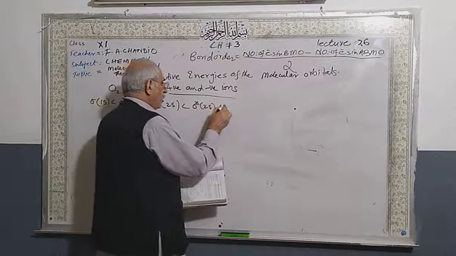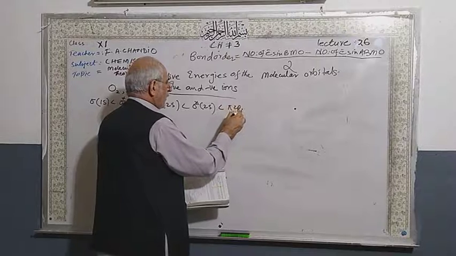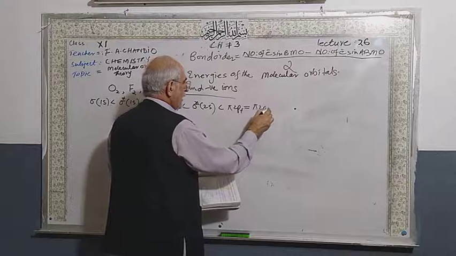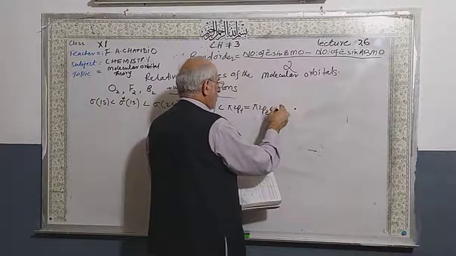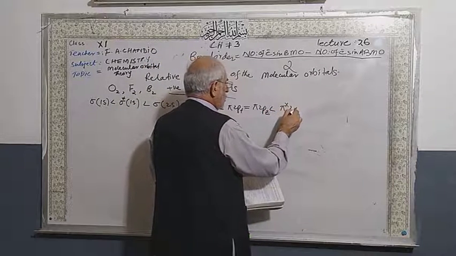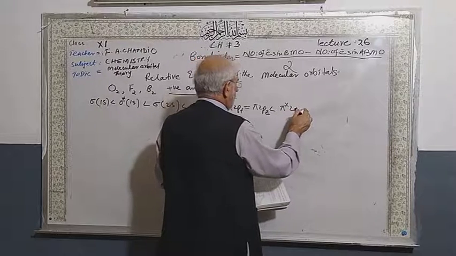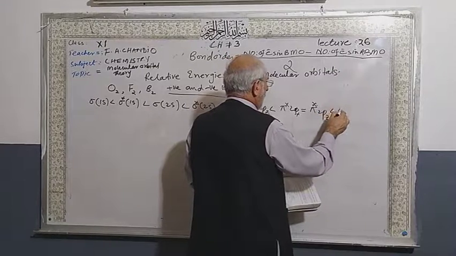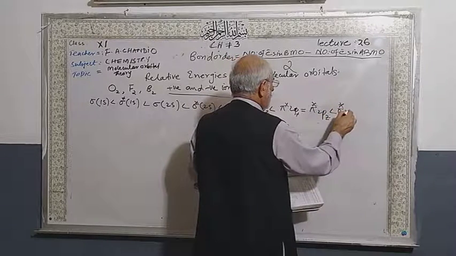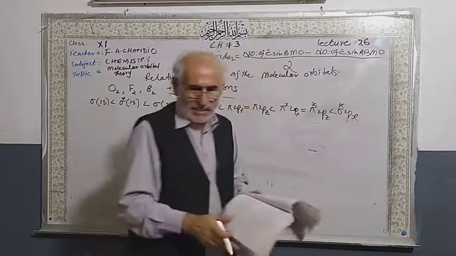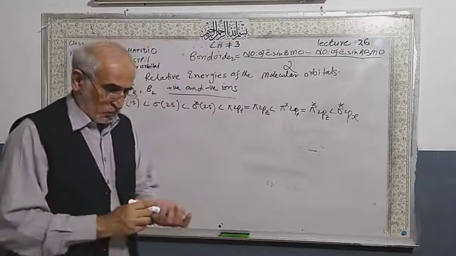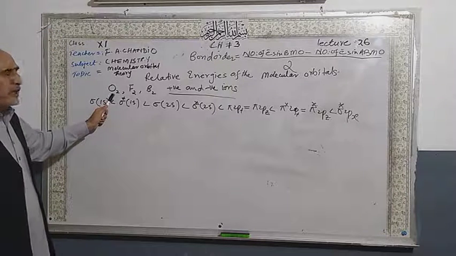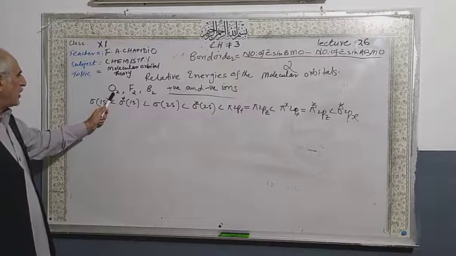Then pi 2py is equal to pi 2pz, which is less than pi star 2py is equal to pi star 2pz, and the last is sigma star 2px, as I had done before. So students, when you have these examples, oxygen, if you want to draw the structure of oxygen,